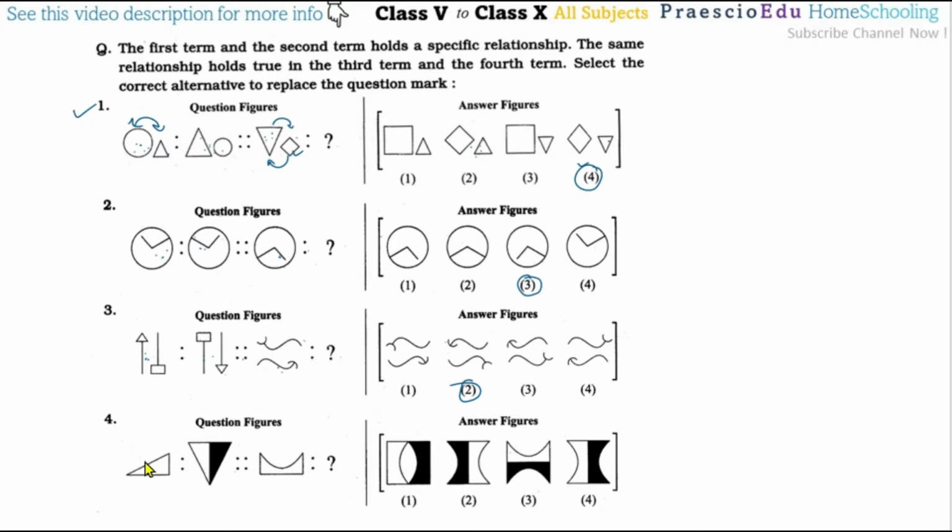Then question number 4. This is a triangle with a right angle, and it rotates like this, and after this, another half is solid. It is also turning like this, and another half will be solid, matching with option number 4. Option number 2 has different colors, with the solid side showing toward the left, but actually the hollow portion should be toward the left side and the solid color should be on the right side, so as per this one, option number 4 is the correct one.